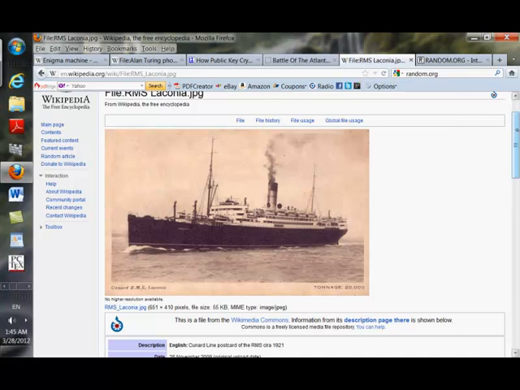Cunard was the competitor of the White Star Line, which owned the Titanic, whose sinking we commemorate. We don't celebrate the sinking. We commemorate it early next month. She sank, and it's actually one of the biggest losses of life. About 1,650 people perished as a result of the torpedoing of Laconia